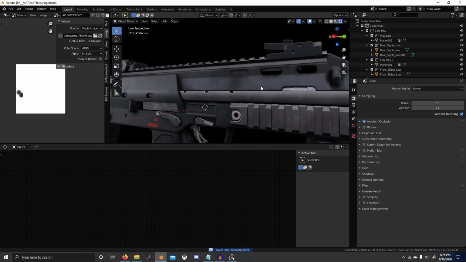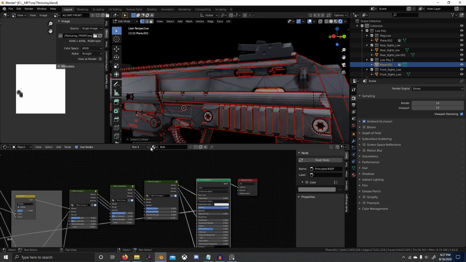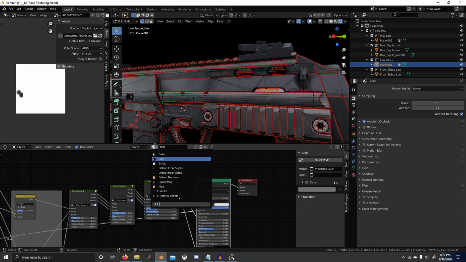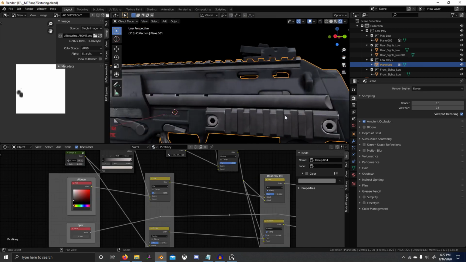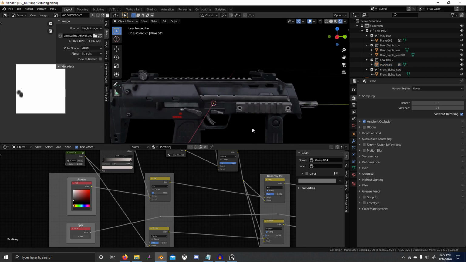Alright, and I want to make this. Okay, first I want to give it a new slot, and then I want it to be the same bolt material. Actually, let's try it. Picatinny. Yeah, I think Picatinny's good. Alright,